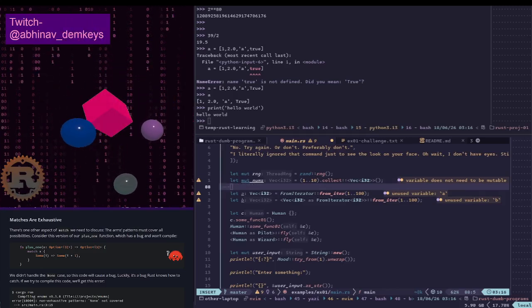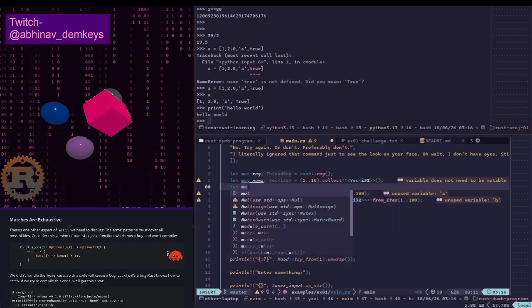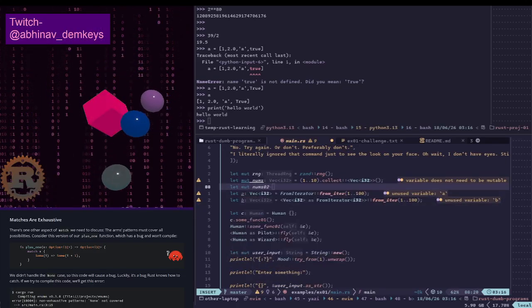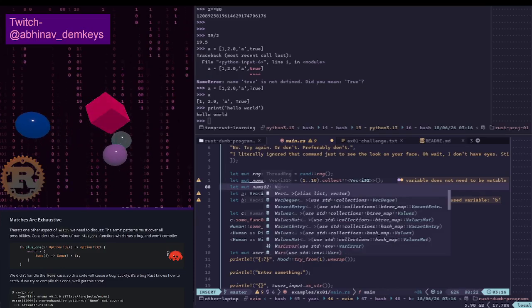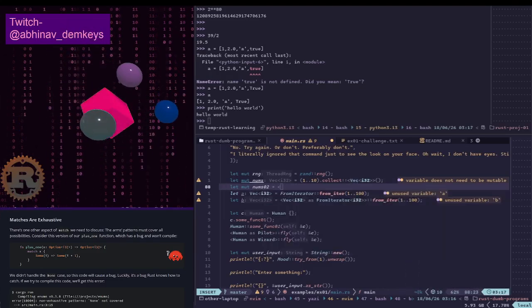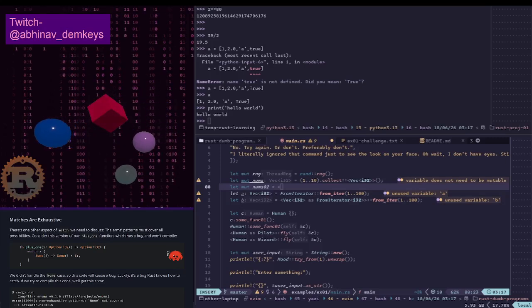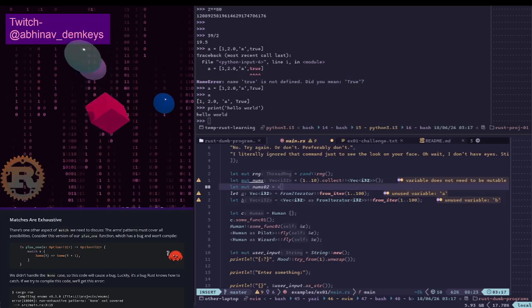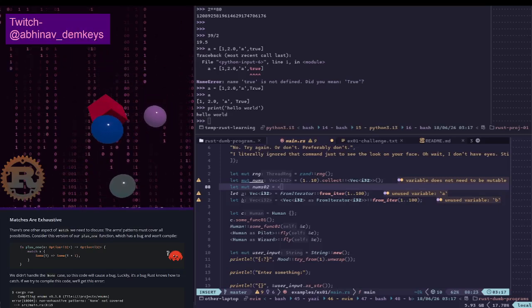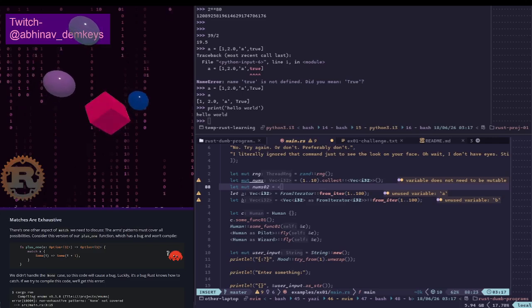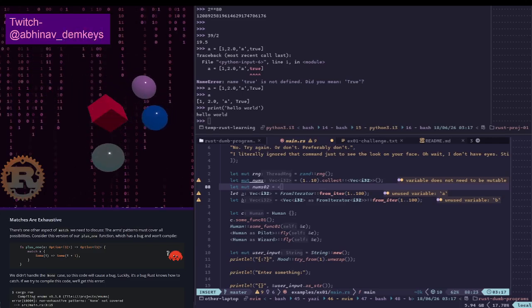Okay, let's say let mut nums, and we are expecting a Vec<i32>, right? Let's not give the type annotation here. We are expecting a Vec<i32>, and we are expecting to call